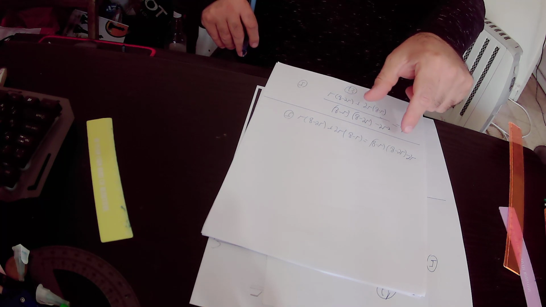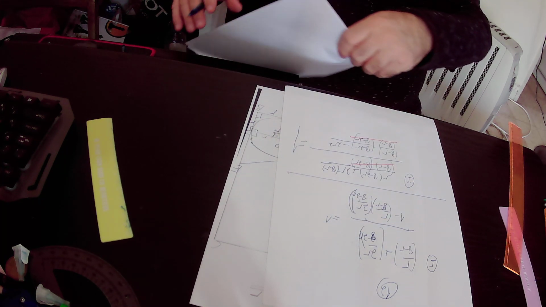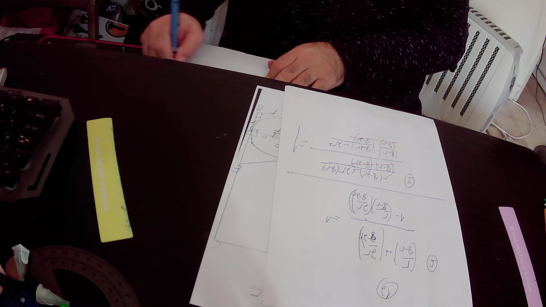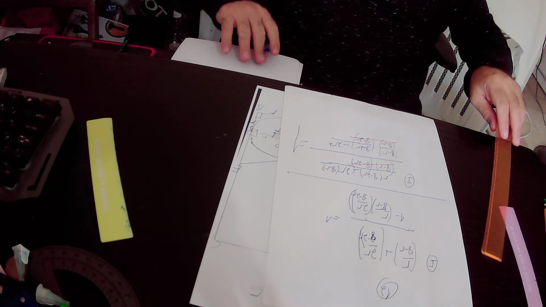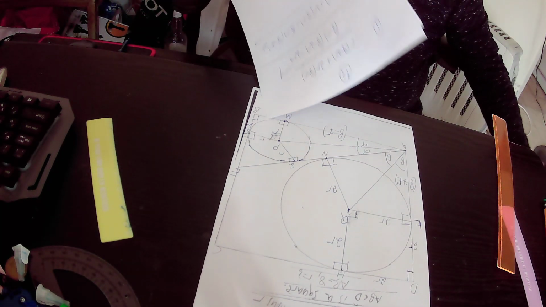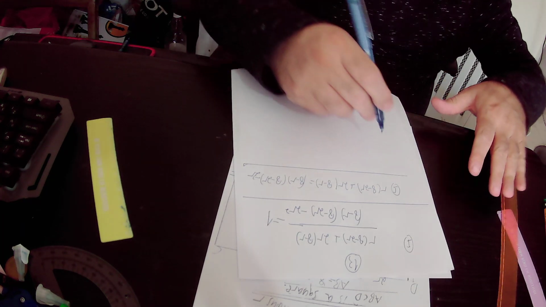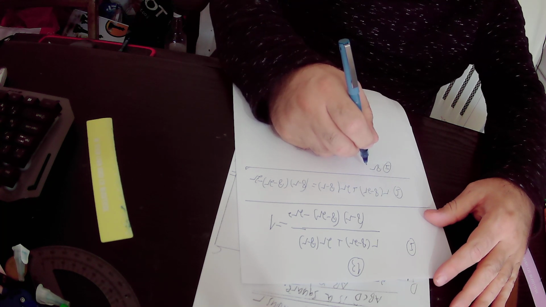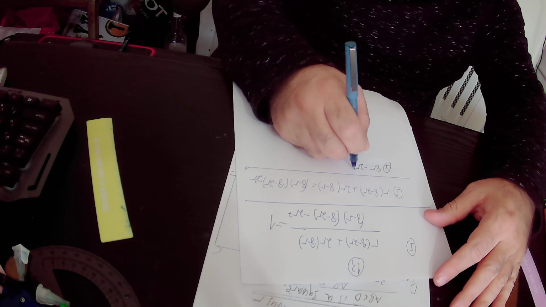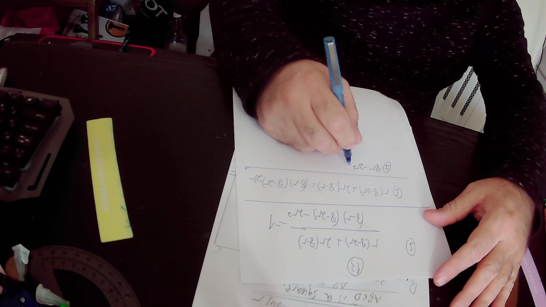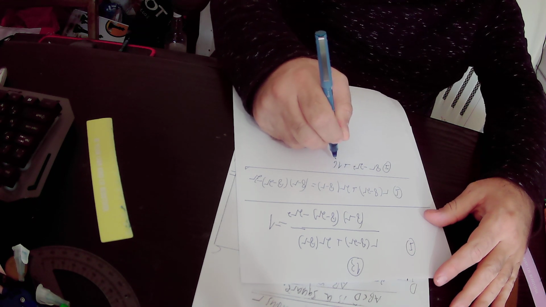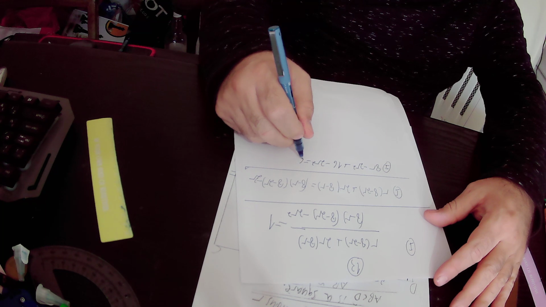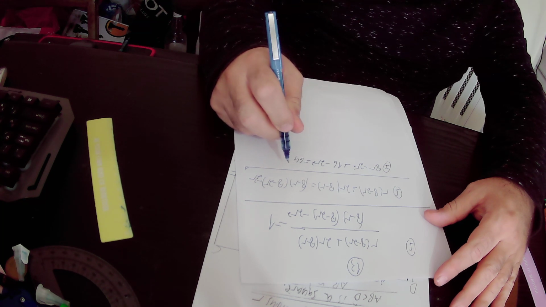We will open the brackets and we will get that r times 8 is 8r, r times minus 2r is minus 2r squared, 2r times 8 is 16r, 2r times minus r is minus 2r squared, all equals 8 times 8 is 64,